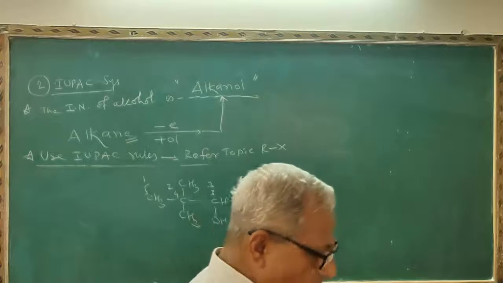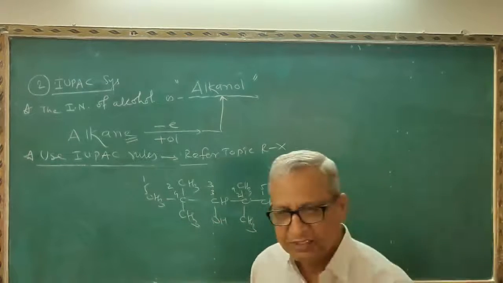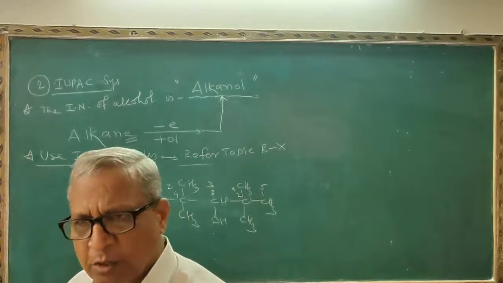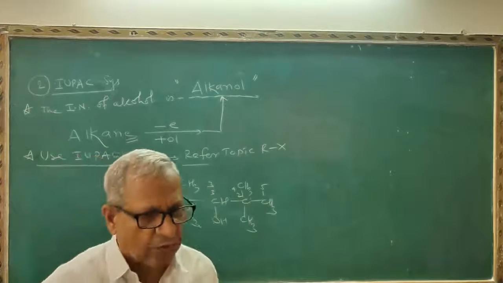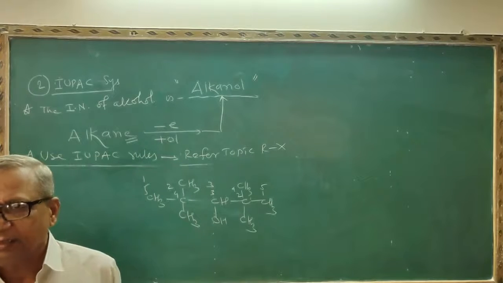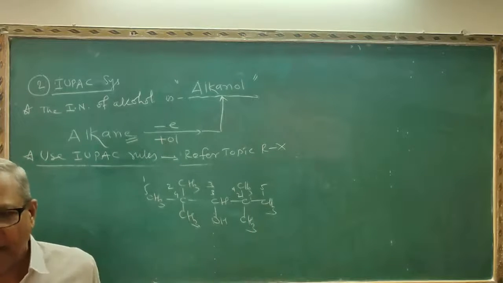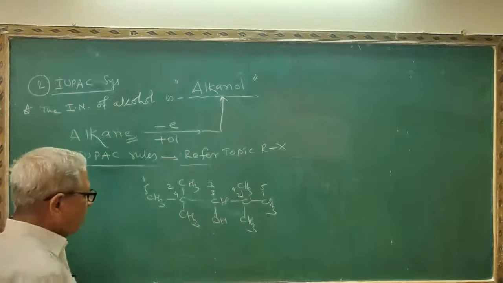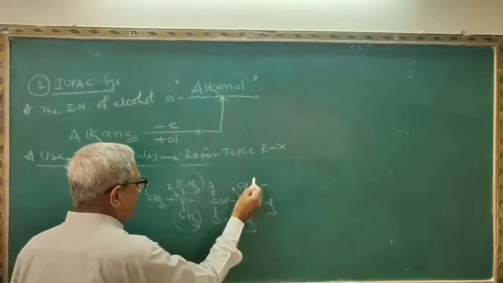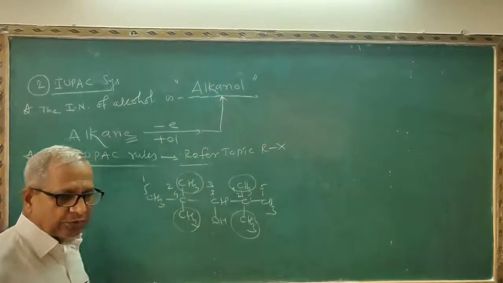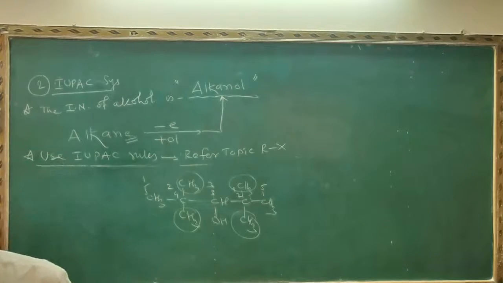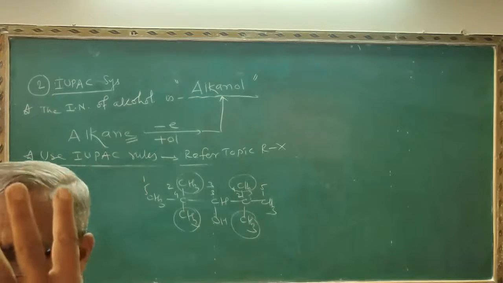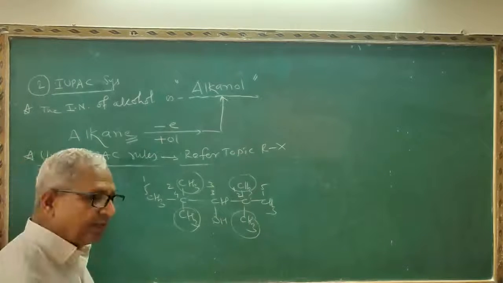For this, you remember one point permanently. If the compound is symmetrical, whether it is in alkyl halides, alcohol, phenol, aldehyde, ketones, ethers like this, then the numbering may be from left hand side or right hand side. So how many identical groups are present here? 4. Count here, 1, 2, 3, 4 identical groups. Therefore which term should be used? For 2 di, 3 tri, 4 tetra. So you have to use the term tetra.